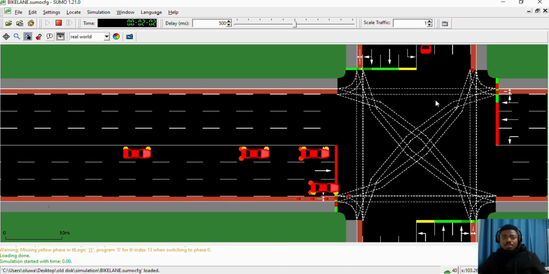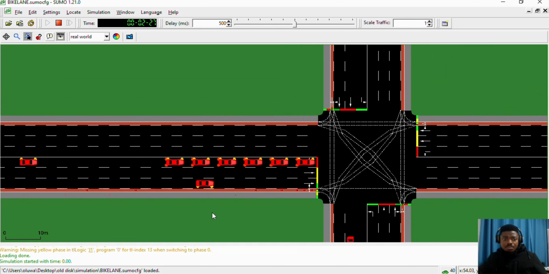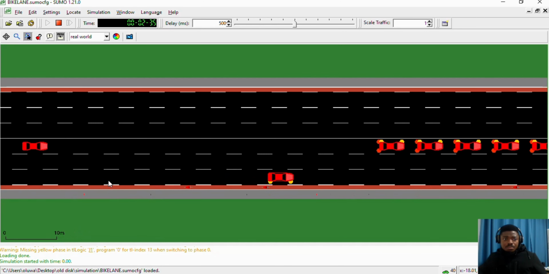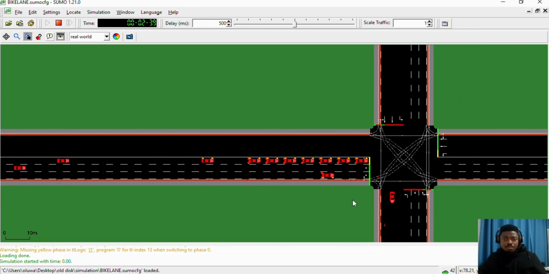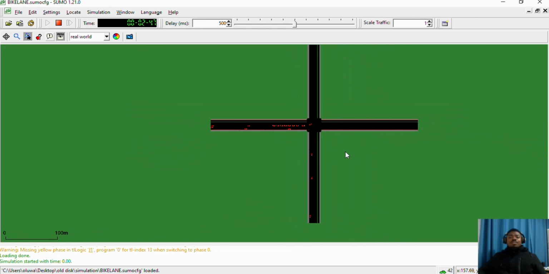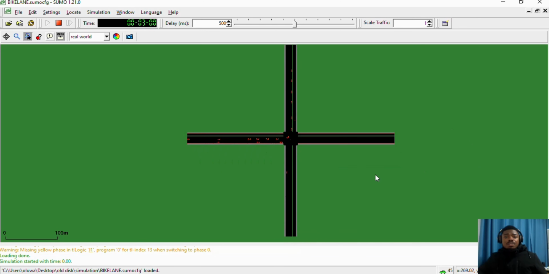When the bicycle lane also has this. So in the next video, we'll be able to continue and introduce the vehicle flow into the other parts of